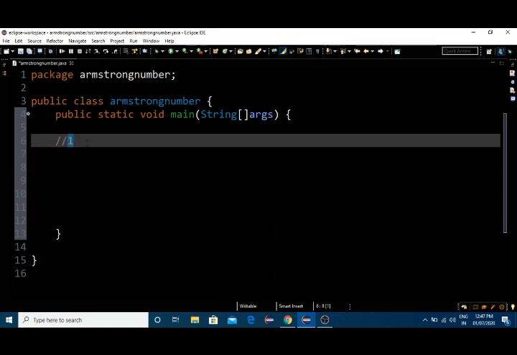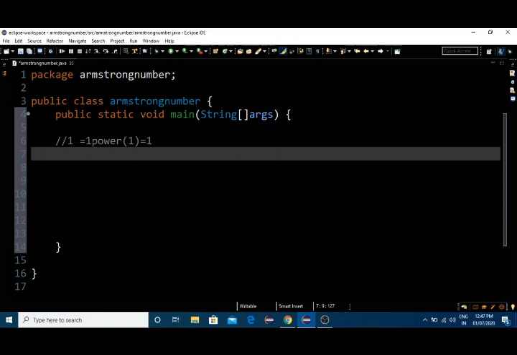An Armstrong number works like this: if there is only one digit, then the power of that many digits, that is the power of 1, will be applied. 1 to the power of 1 means 1's power will be 1. What will the output be? That is 1. If we take